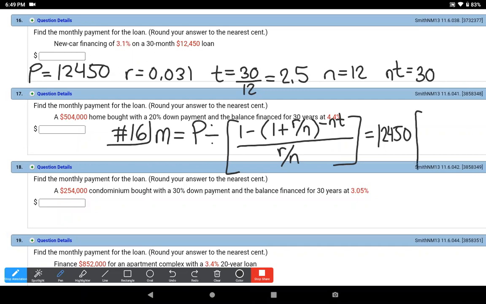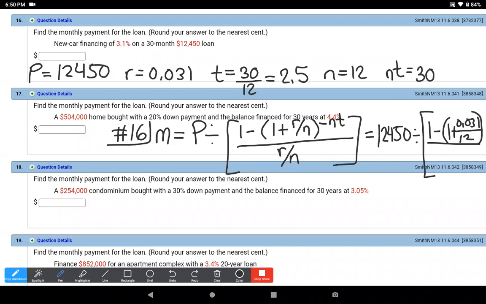Not times, but divide by 1 minus 1 plus 0.031 over